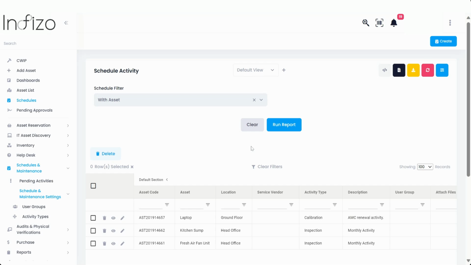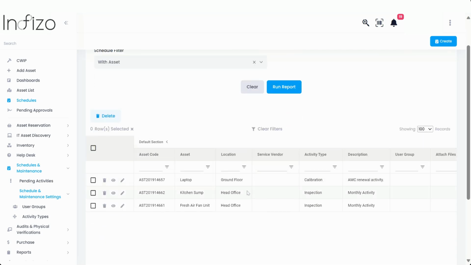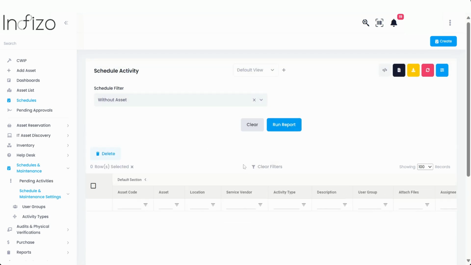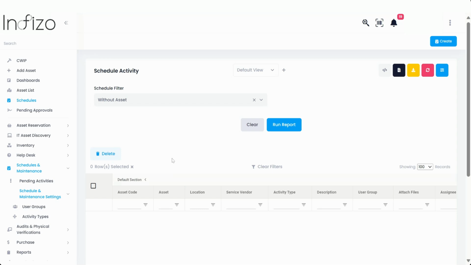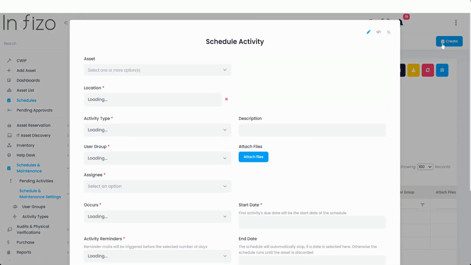In the Schedule Activity section, we'll find a schedule filter, which allows us to filter activities based on whether they are bound to an asset or are generic. We can see that when we run a report on activities bound to an asset, a list of activities is displayed below. Whereas, when we run a report on activities that are not bound to any asset, no list of activities are displayed. We'll then set the filter to default and move to the right top corner button, Create, to